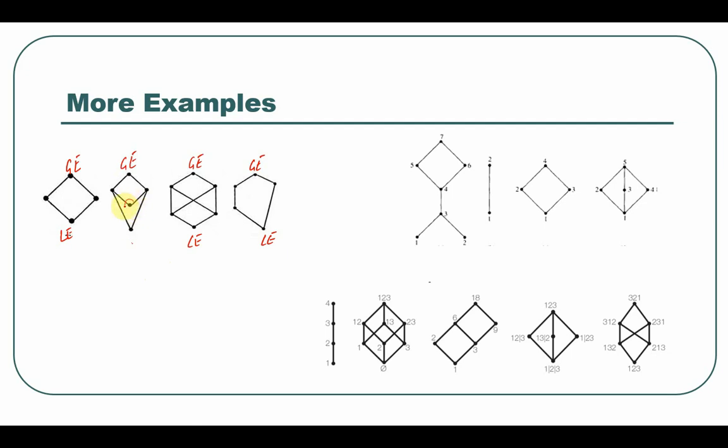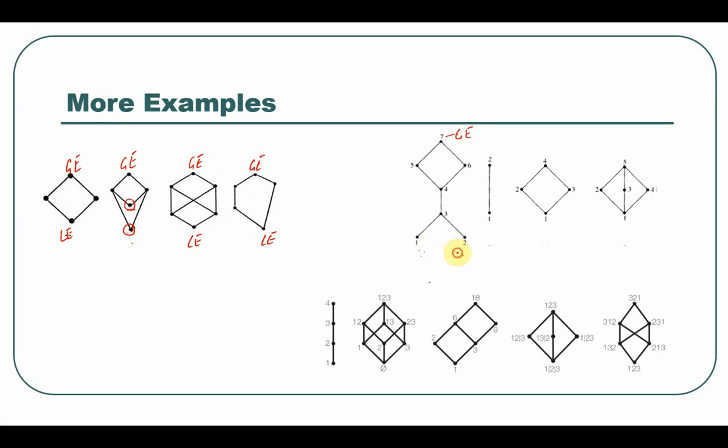You can see this element, this is not succeeding any element. Similarly, I have this element, this is not succeeding any element. Both these elements are not succeeding any elements, so both of these are minimal elements. So if there are two minimal elements, there is no least element. Similarly here, this is the greatest element and I do not have a least element over here.